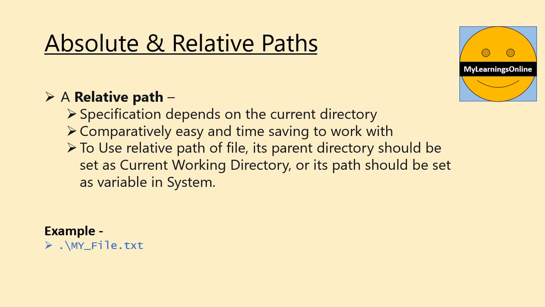Relative path definition depends upon the specification of current directory in path. The best benefit of using relative path is that it reduces the time to write code and code length itself. For using relative path in our code or command, many times it is necessary that our current working location should be set to the directory that contains the required file or directory that we need to specify in our script or command. For example, if we need to use file my-file.txt in our command, then our current working location should be the directory that contains the file